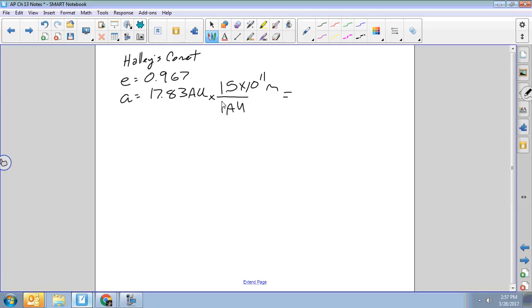1.5 E11 times 17.83 gives us 2.67 times 10 to the 12th meters. Okay, so good? So, it turns out, according to a random website that I found, that the maximum velocity,